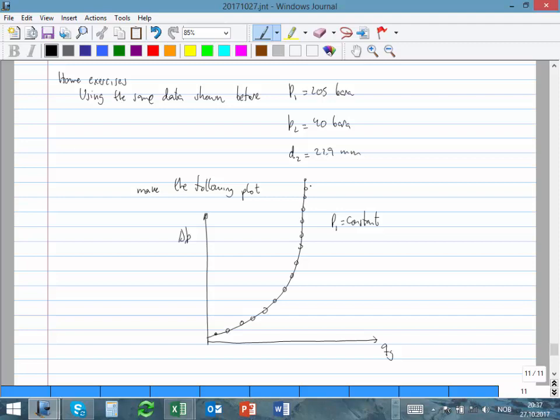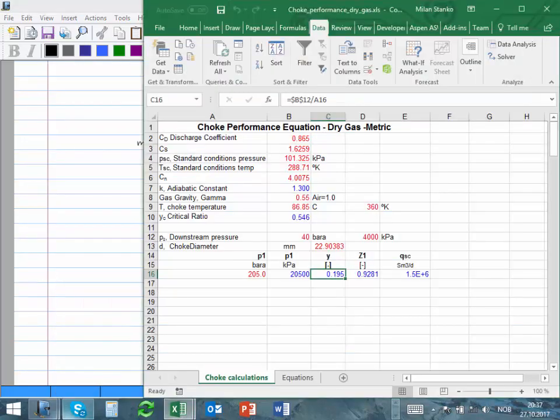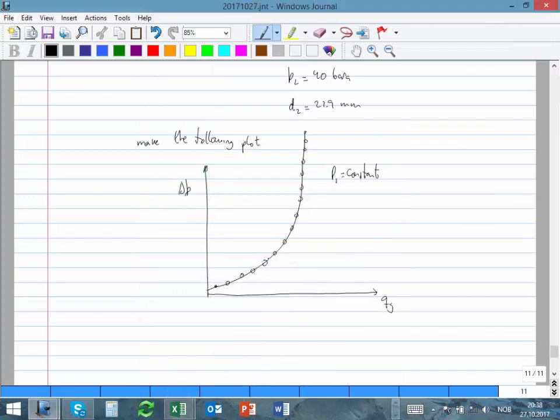Okay, and the way I suggest to do it is that, let me take that sheet here. You have somehow to change that pressure. This pressure has to be a variable because that one is fixed, and the only way you can get different delta p's is to change p2. So you have to put it here